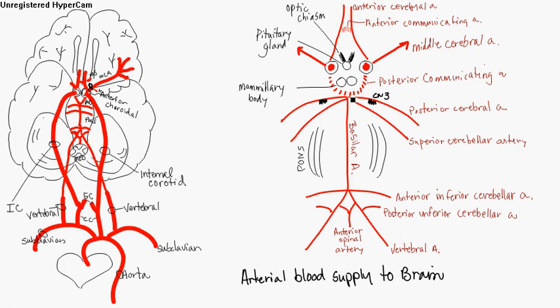The basilar comes up, and you've got the posterior communicating. The reason it's in little dashes is it can go either way. Blood flow can go either way, and that helps if anything gets occluded. The brain's kind of smart, and it says we might need blood flow either way. You have the superior cerebellar artery here,